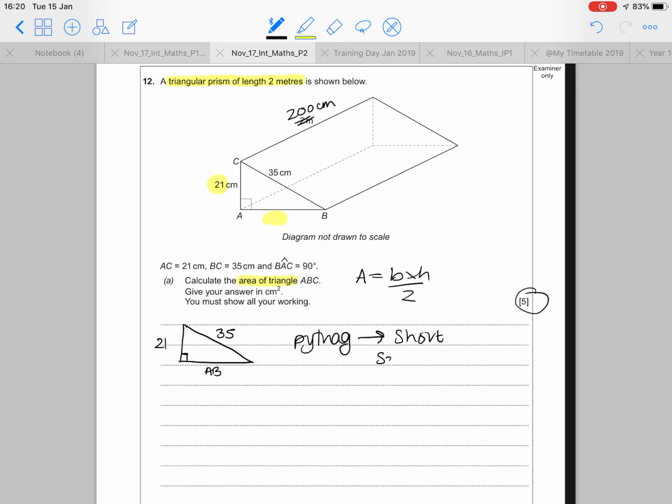So you've got square, subtract, square root. That's how I remember my 3 steps. So the first thing I need to do to find AB is remember that I'm finding AB squared. So I square both of the numbers, then I subtract, and then I square root. So I square both of the numbers,